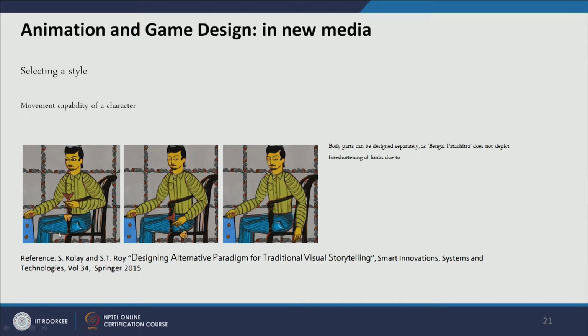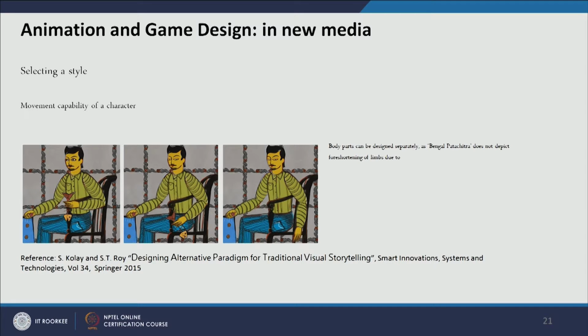And the next feature of adapting, selecting an animation style, is the movement capacity of the character. Many of the animation styles might not have all the different kinds of movement capability. But in Bengal Pattachitra, all the hands and legs, all the limbs can be moved in different directions, because they portray the hands and all the limbs in